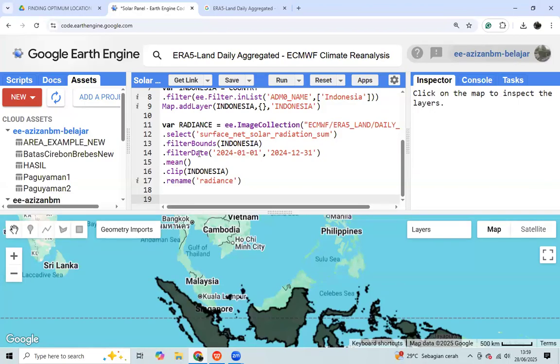We can visualize it. We save and we click run.